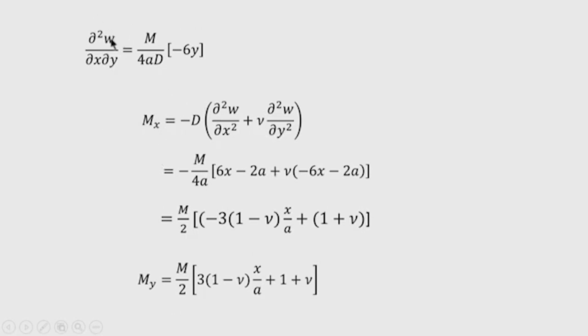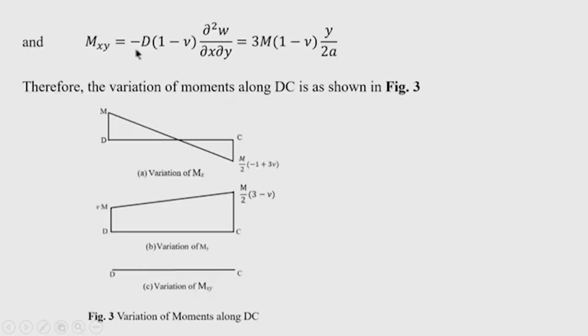Of course, the twisting moment is also found out. So, the cross derivative is calculated by taking the differential coefficient of w with respect to x and with respect to y. Now, after substituting this value, you can see the bending moment along the x direction is this, and bending moment along the y direction is this. Okay. You can see that both are varying with x, and the twisting moment is a function of y. So, if I plot the variation of Mx